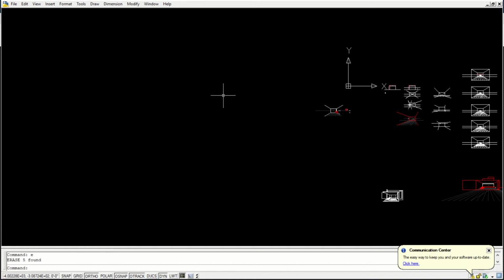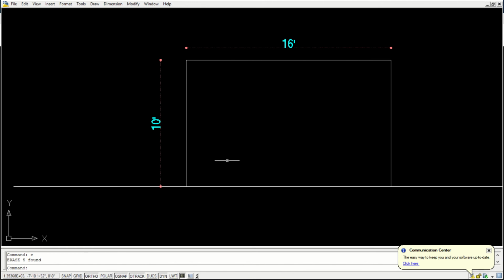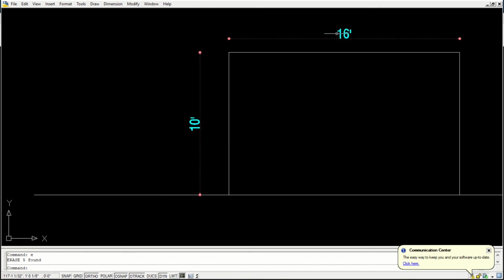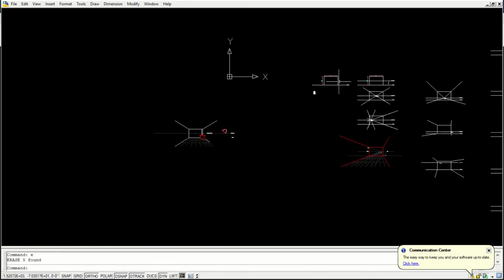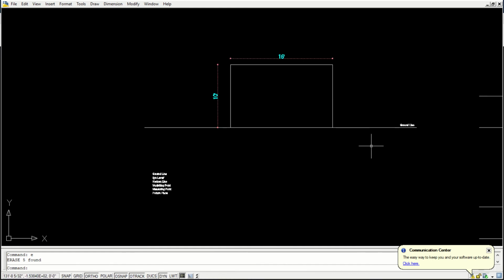We'll take the same example. So we have one wall which is 10 feet height, and let's say depth of the room is 16. For our case, let us assume that we have 16 feet this side wall and maybe 20 feet this side wall.